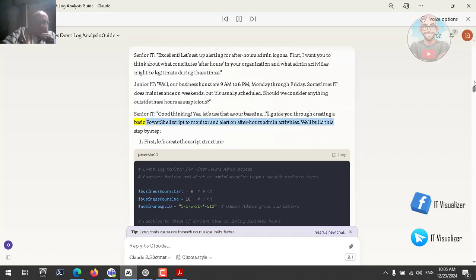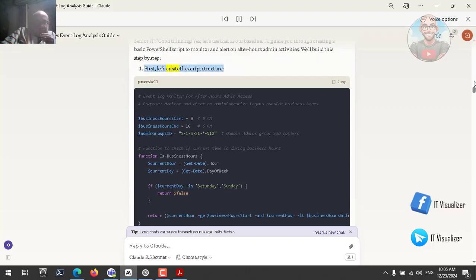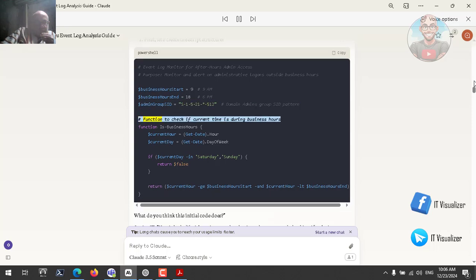I'll guide you through creating a basic PowerShell script to monitor and alert on after-hours admin activities. We'll build this step by step. First, let's create the script structure. PowerShell: # Event log monitor for after-hours admin access. # Purpose: monitor and alert on administrative logons outside business hours. $businessHoursStart = 9, $businessHoursEnd = 18 (6 p.m.), $adminGroupSID = S-1-5-21-*-512. # Domain Admins group SID pattern. # Function to check if current time is during business hours: function Is-BusinessHours,